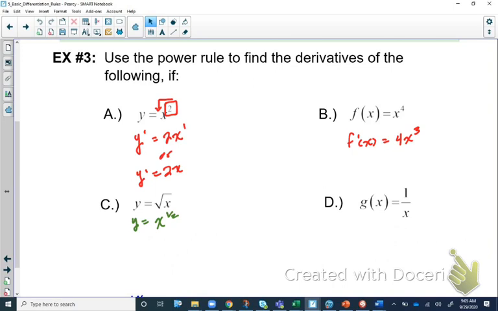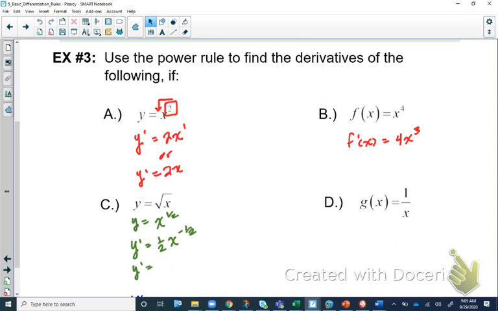Well, if it's a square root of 1/2, now we can use the power rule, where I'm going to say y prime is equal to multiply the coefficient to the exponent, and that'll give me 1/2 x, and then we subtract the exponent by 1. So 1/2 minus 1 will give me a negative 1/2 for my exponent value here. Well, of course, we don't leave things in terms of negative exponents, so we would say y prime would be